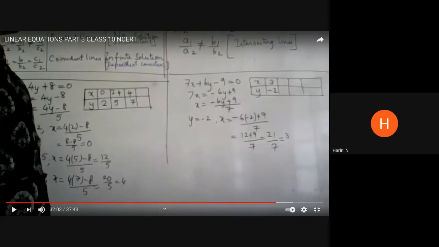So I hope you got an idea as how you have to calculate and get the values for x and y. I don't want to continue with the entire video. Maybe I can share that video also with you so that you can see and learn. So now are you confident that given any set of equations, you will be able to find out the values of x and y and show the graphical solution? Are you confident about it now?